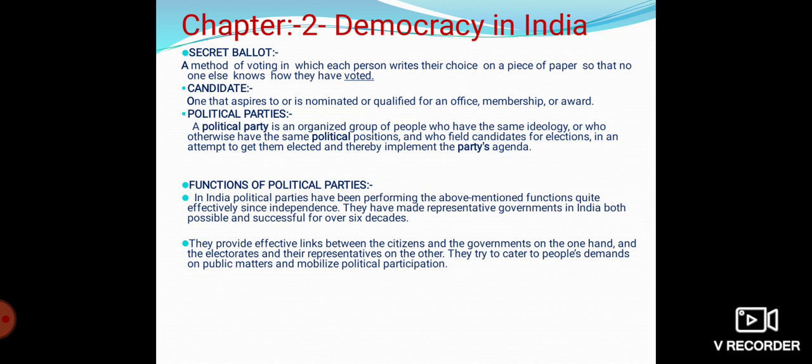Let's talk about the functions of a political party. The functions of a political party are as follows. A political party contests elections by putting up candidates. In countries like the USA, the candidates are selected by members and supporters of a party. On the other hand, in countries like India, the candidates are chosen by top party leaders. Every party has different policies and programs. Voters make a choice in accordance with the policies and programs liked by them.